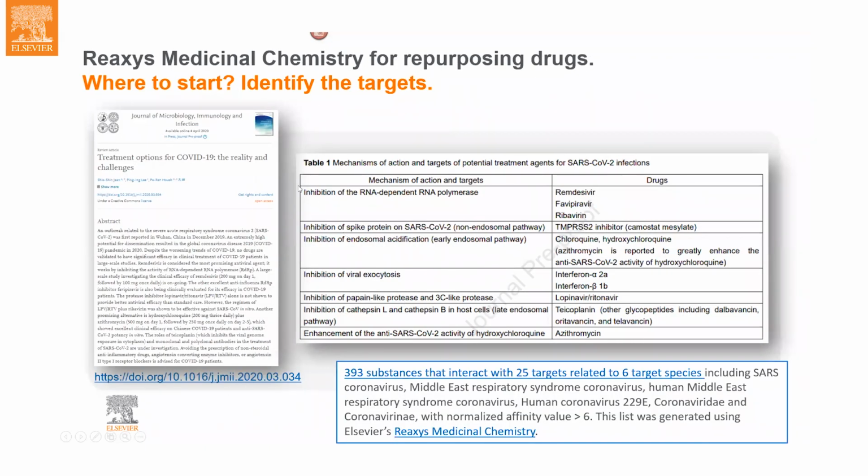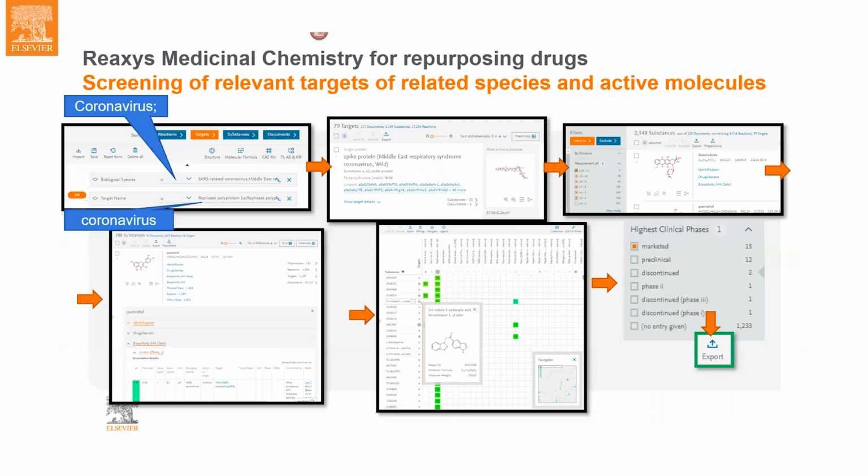From papers, we already know several well-known targets identified to fight coronavirus. And you can find some information on the slide, but if you browse all the articles, potentially you can find even more. But let's do our search.